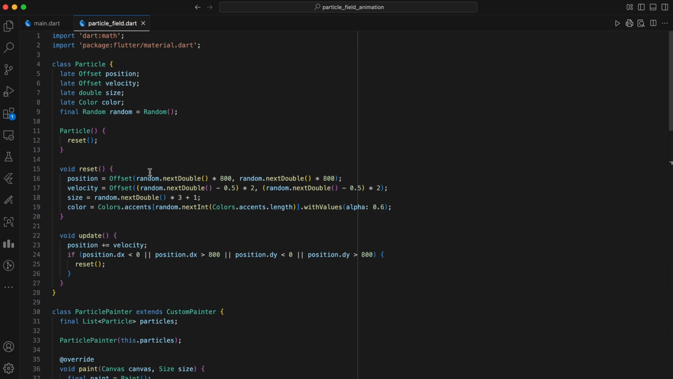Now, let's switch our focus to the particle_field.dart file. This is where the entire particle animation logic is housed. We begin with the Particle class. Think of this as the blueprint for a single, tiny, animated dot in our field. Each particle object holds several key pieces of information. Its position on the screen, represented by an Offset. Its velocity, also an Offset, which determines both the direction and speed of its movement. Its size, a double that controls how big the circle appears. And its color. We also have a Random object within each particle, which helps us give each one unique starting